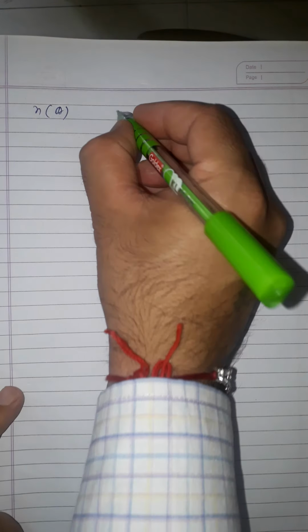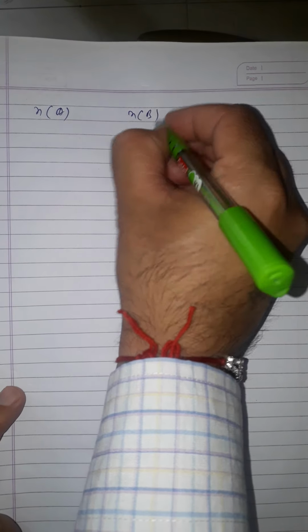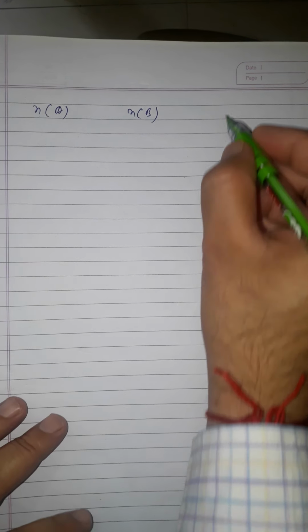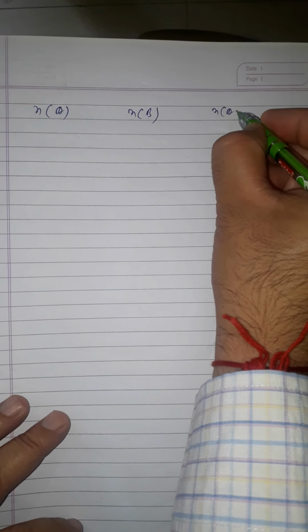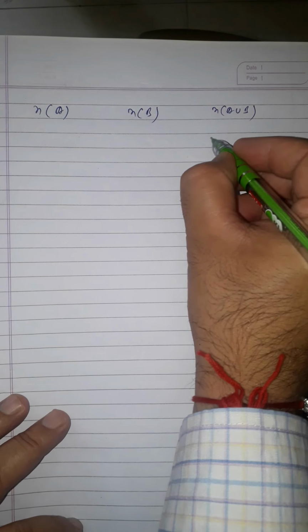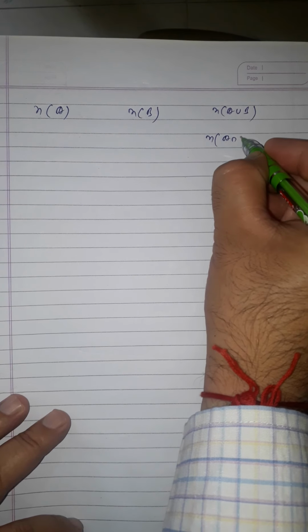Students, let us continue with your topic sets, your exercise 1.6. The basic concept that we are using in the 1.6 exercise is, if students, number of the elements of the set A that is given to you, number of the elements of the set B that is also given to you, and here is their union, and this is the intersection that you have, students.